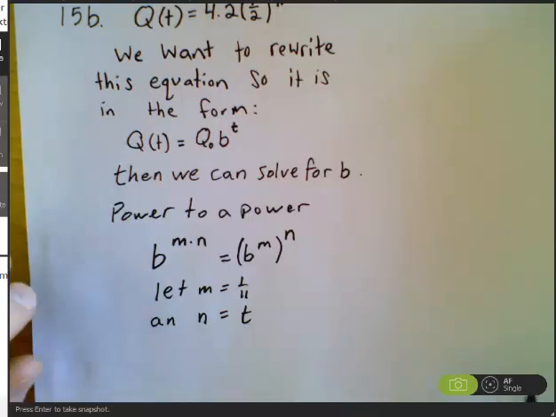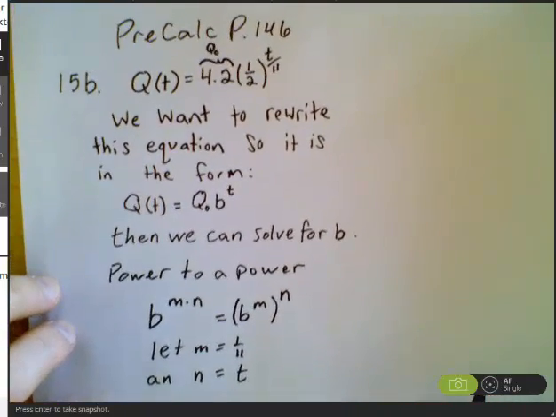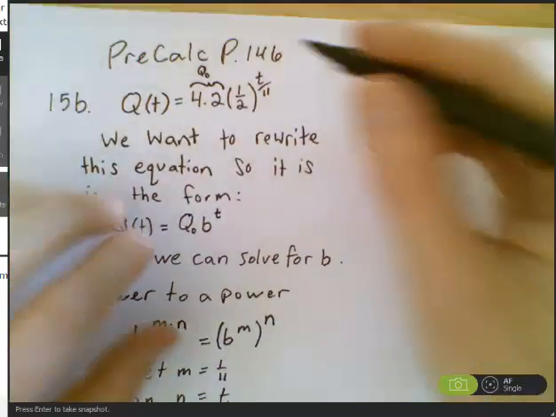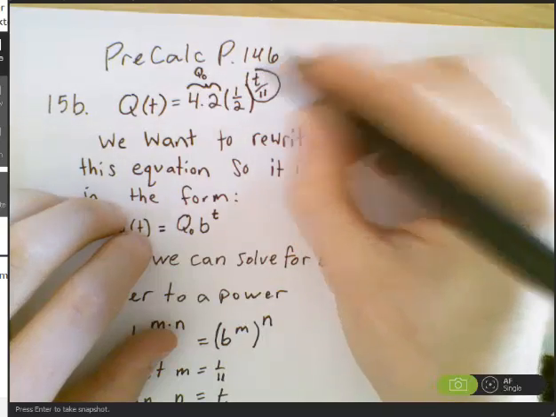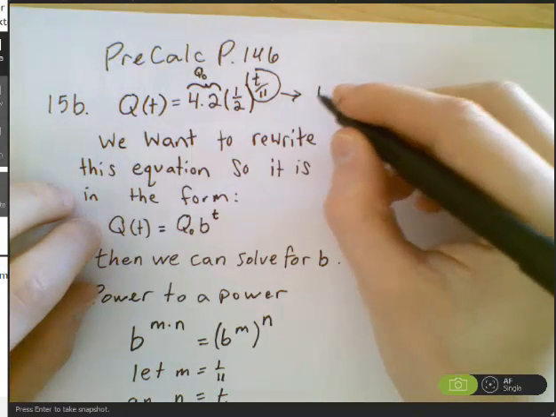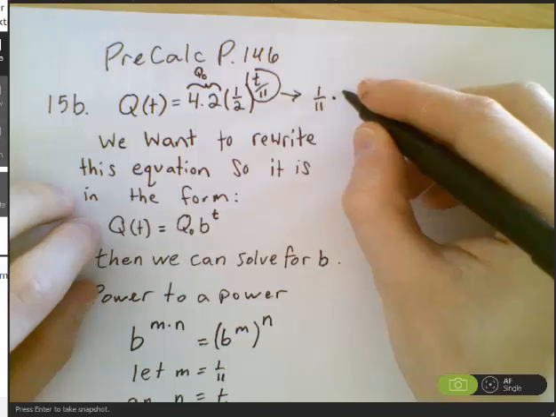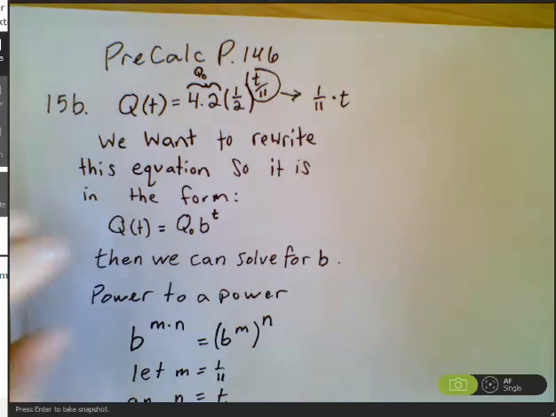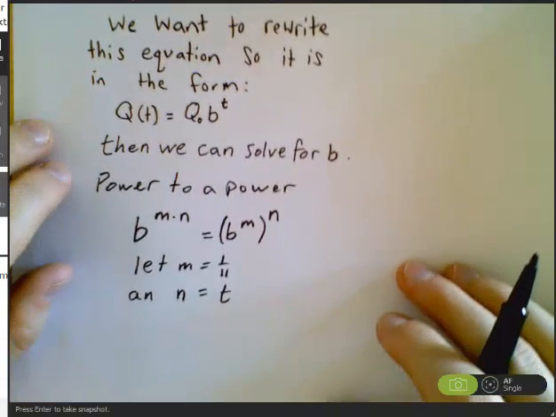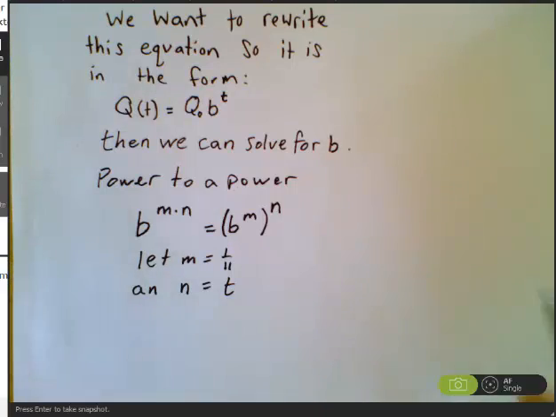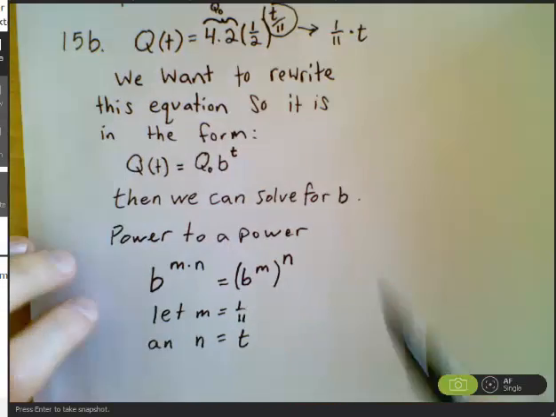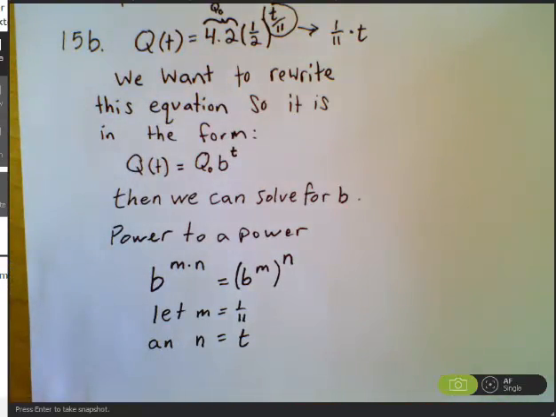The reason we are going to do that is because if we look at the top here, our original function has the exponent as t over 11. So this exponent t over 11 is the same thing as 1 over 11 times t. So t over 11 and 1 over 11 times t are the same thing. So now we are going to rewrite our equation, q of t equals 4.2 times 1/2 to the t over 11, as